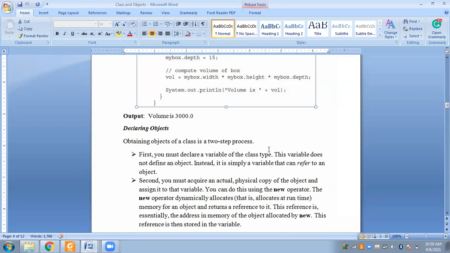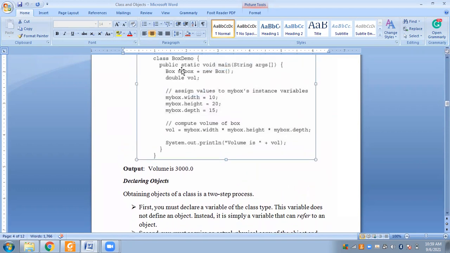But here again we'll use the new operator to create a physical copy of the object, and then we'll refer to that physical copy of the object. We'll assign that copy to the variable, that is myBox. So this is just a variable. I'm repeating again so that you don't forget, because you have a very good habit of forgetting things a minute after I speak. So once the physical copy is created